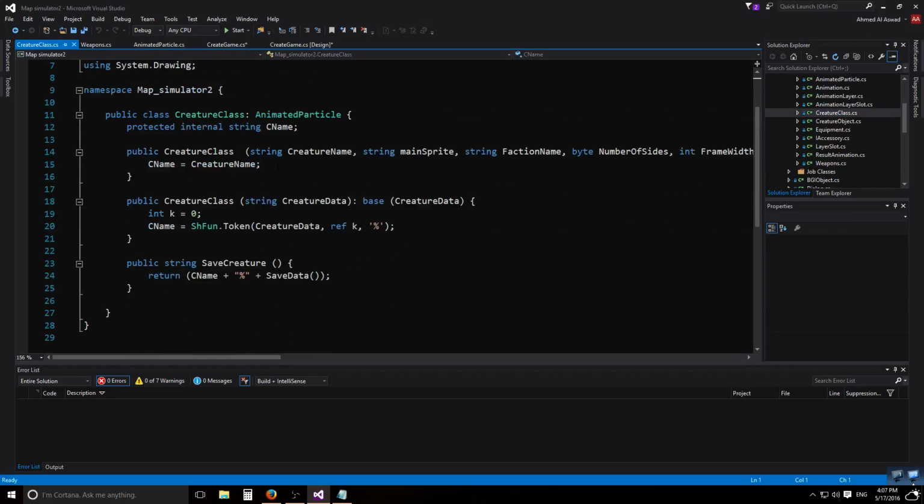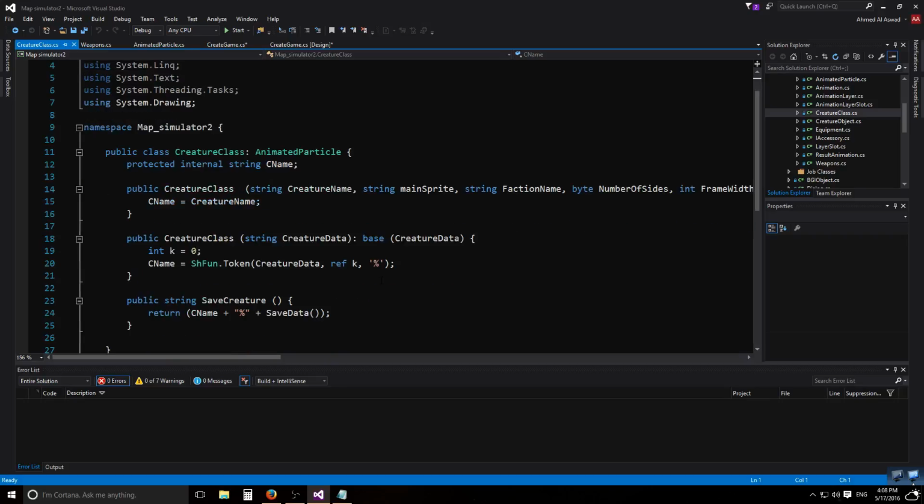I could easily use animated particle and shut up about it, but I forced myself to have a different name, even though it works in the same way, because definitely the creature class or objects will work differently in the engine. If not, then I wasted a lot of time for no reason. So anyhow,